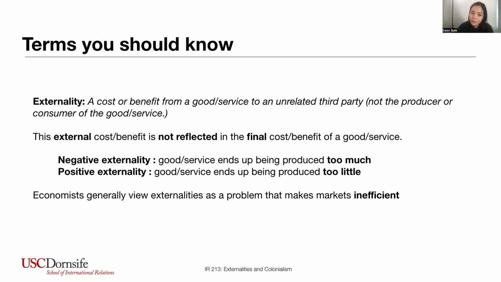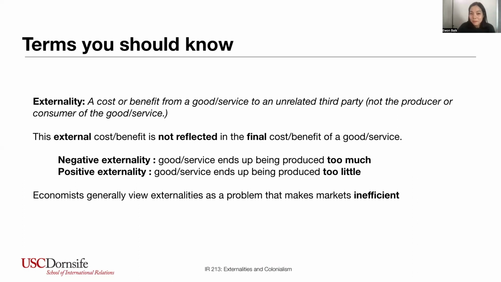K through 12 education is subsidized very heavily in the States because the idea is that when people learn to read and write and to do math, this benefits not just the person who's getting the education, but also society much more broadly. So if things have a positive externality, positive side effects, in a free market world we're producing an inefficiently low amount of it, right? If there's only private education, we would be producing and consuming too little of quality education. And more often than not, externalities are negative, but either way, whether they are negative or positive, externalities cause inefficiencies in the market, right? Either setting inefficiently low or inefficiently high amounts that are made and sold.